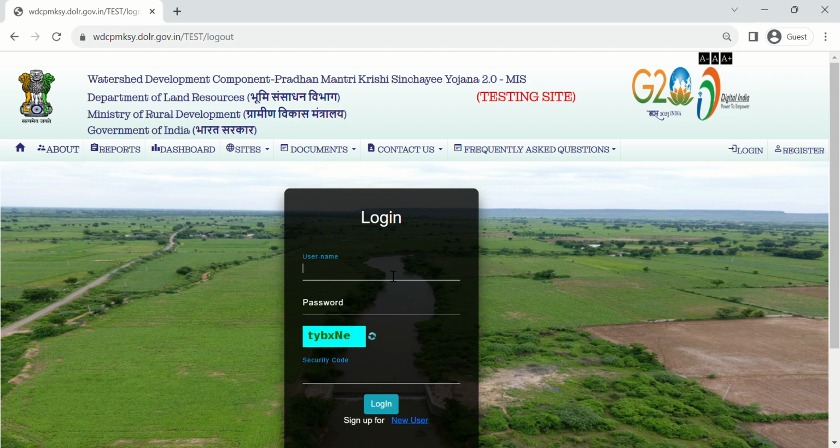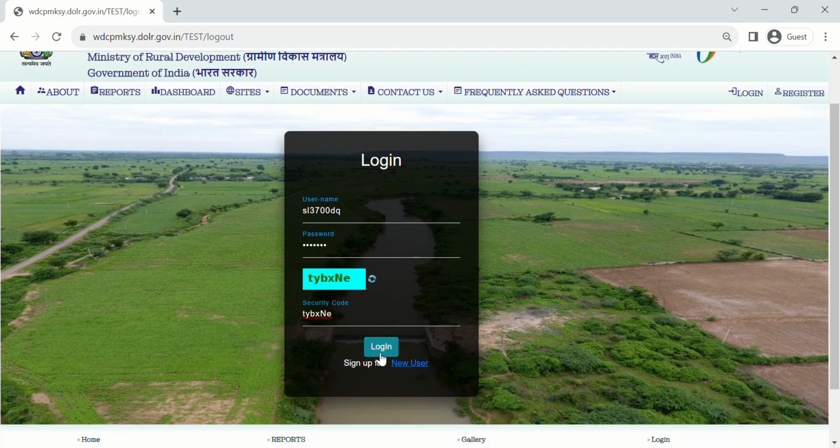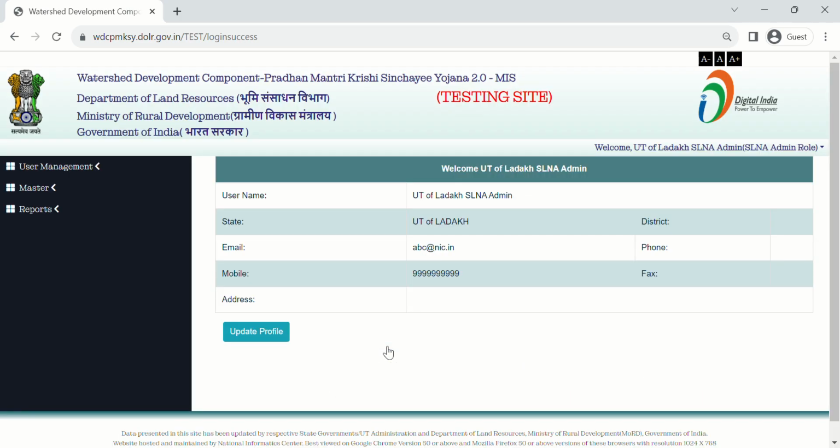Enter the SLNA admin username, enter the password and enter the security code. Click on login. Now you have logged in successfully. This is the SLNA admin role.